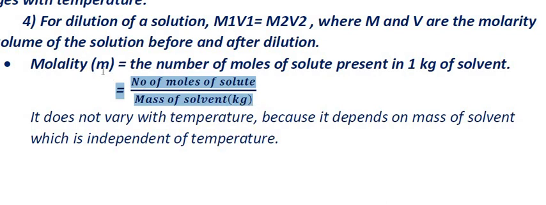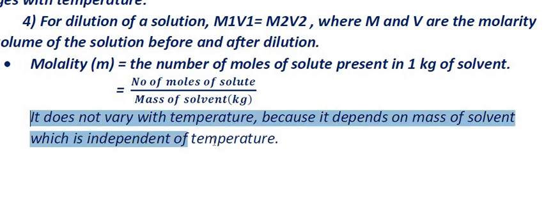So you can see that the molality term depends upon the mass of solvent. It does not depend upon the volume of solvent. It is only dependent upon the mass of solvent. And you know that mass is a universal constant. It does not vary at all. So this term is independent of temperature. Molality is independent of temperature because it depends upon the mass of solvent. So molality is a more reliable method of finding the concentration of a solution, but molarity is not so reliable because it may change with temperature. Since it is volume dependent, it varies with temperature.